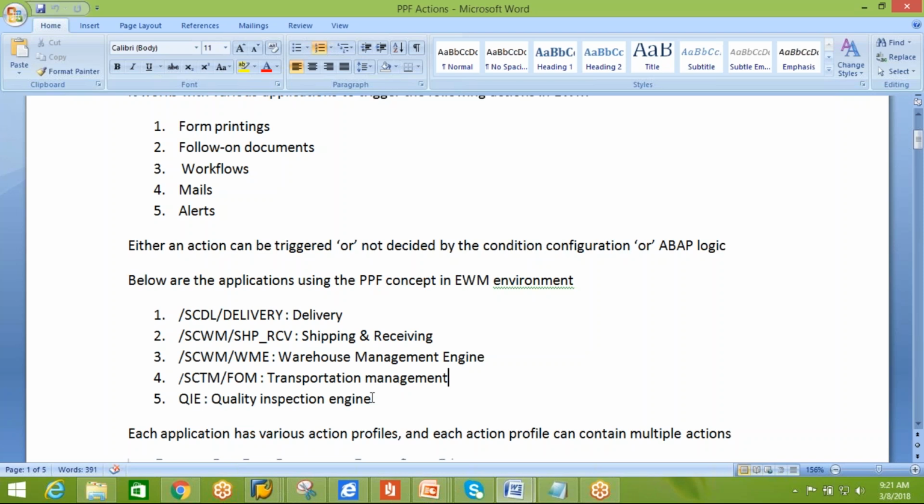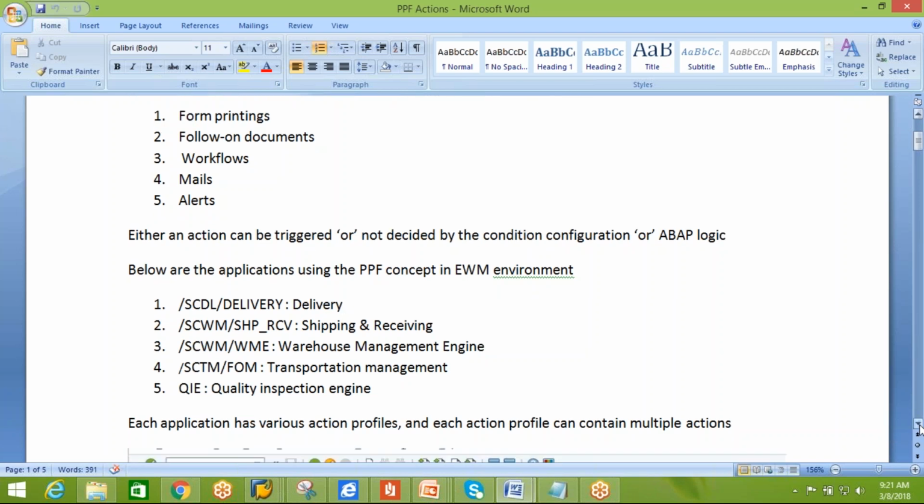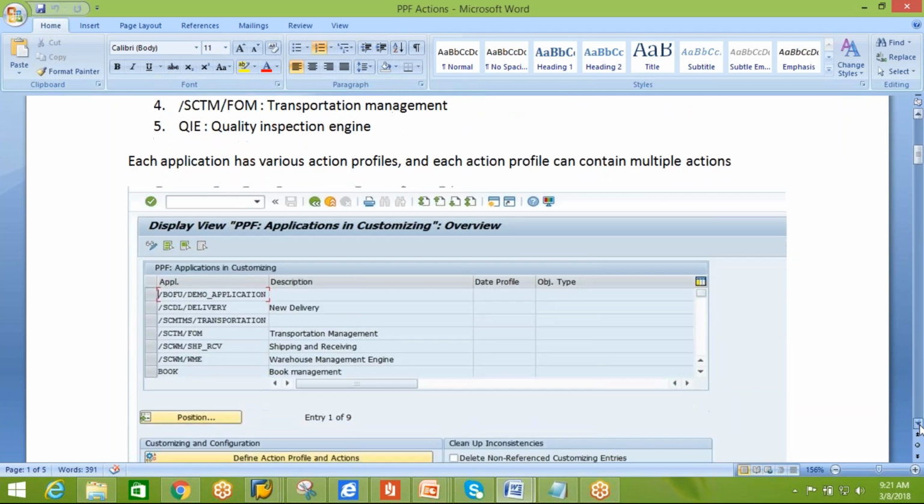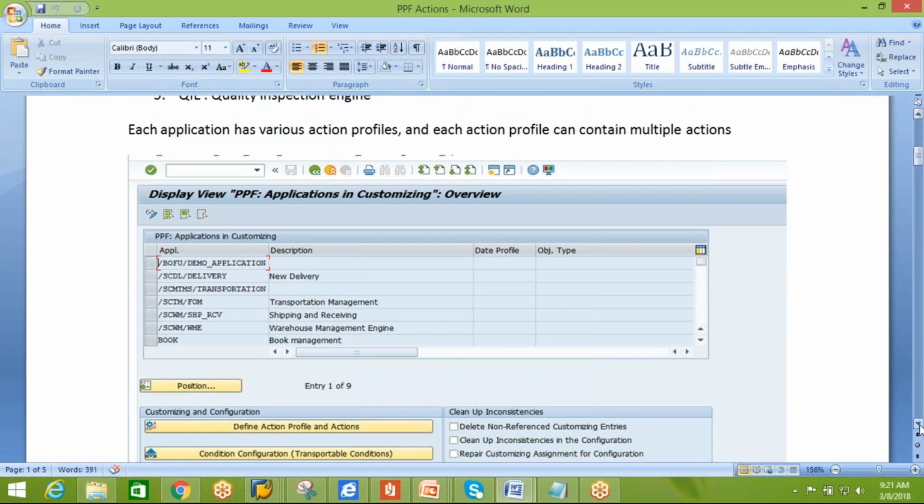Apart from that, under this delivery, the GR send notification is there. If I do the GR, it is sent back to the ECC system. That is also one of the PPF actions. Creating the inbound delivery against the inbound delivery notification also falls under the delivery application. Actions can be grouped together in the form of action profiles, and each action profile is associated with